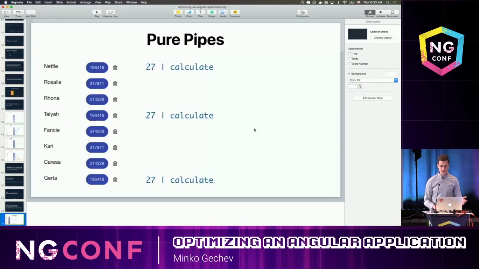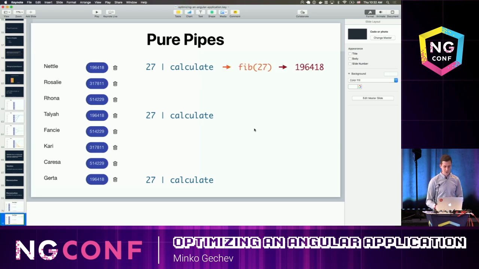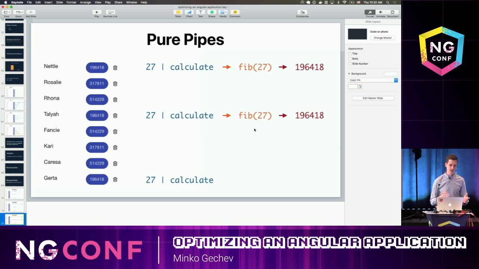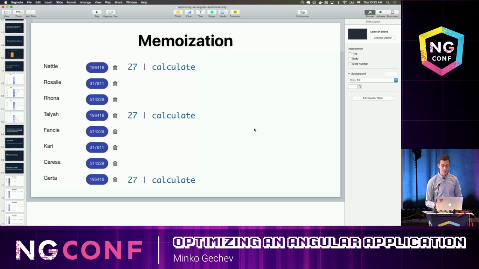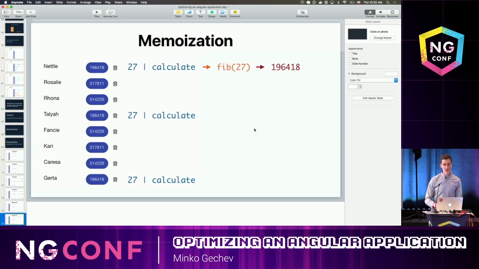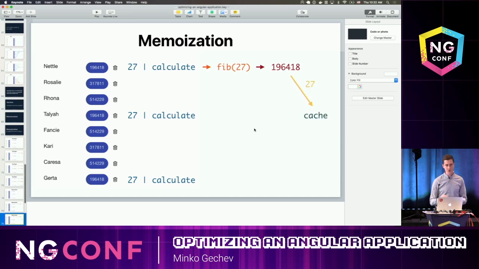And in this case, here is actually what the difference between memoization and pure pipes is going to be. So with pure pipes, as I mentioned, when Angular sees calculate of 27, it is going to compute this value. When it sees this expression again, calculate of 27, it is going to compute the value again. And the same for each next time. However, with memoization, if we have calculate of 27, we're going to compute the value, but we're also going to associate it with the